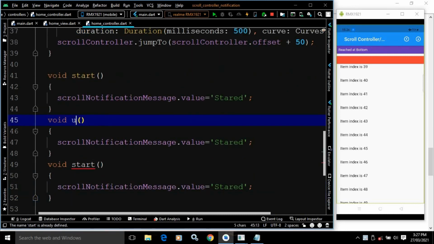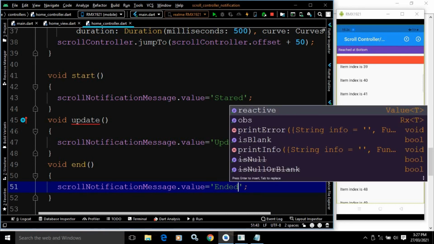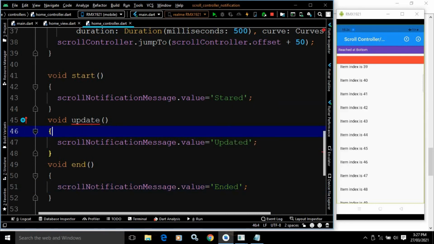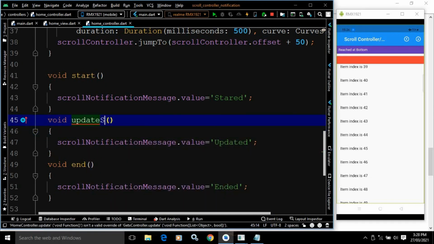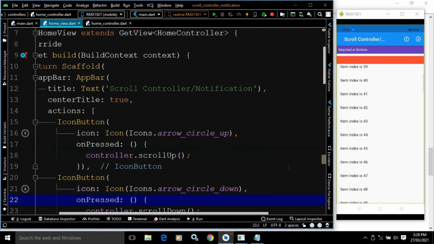Here I will write update, updated, and here I will write end, ended. Now this is a predefined method, that's why instead of writing update, here we need to use the method name update scroll updated.